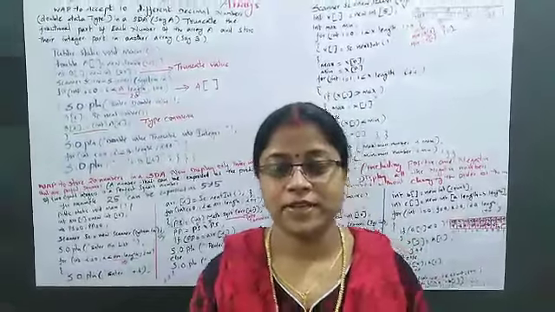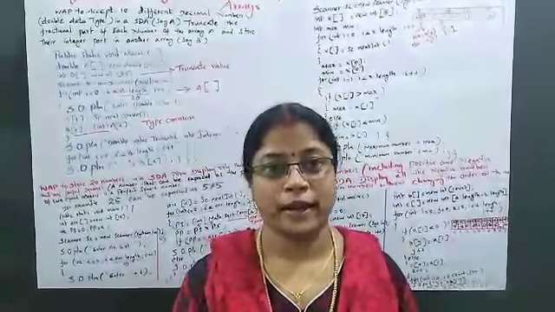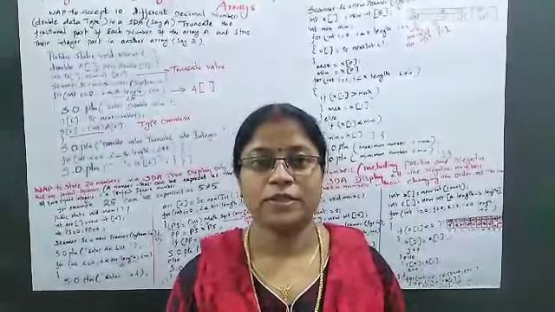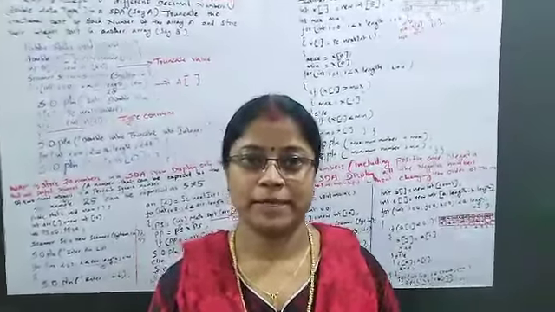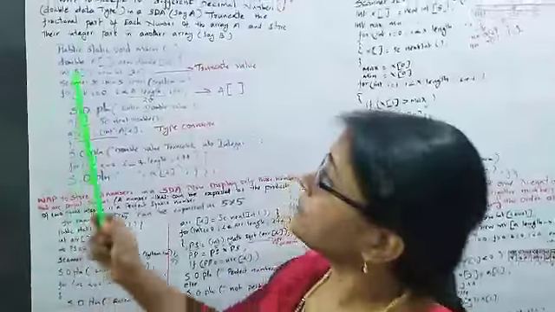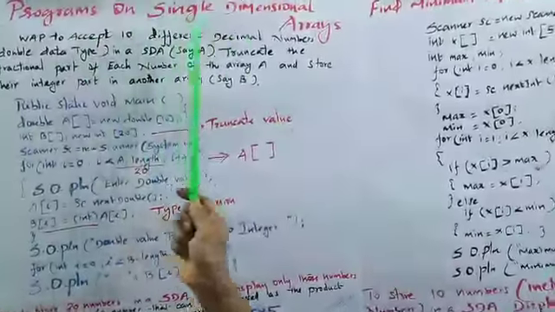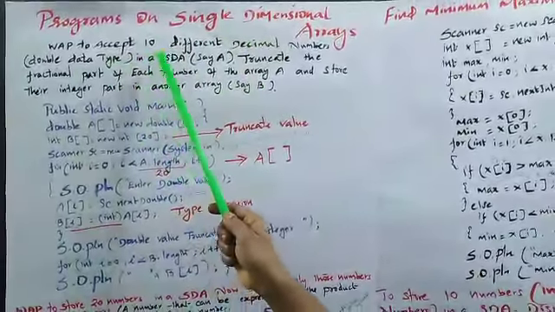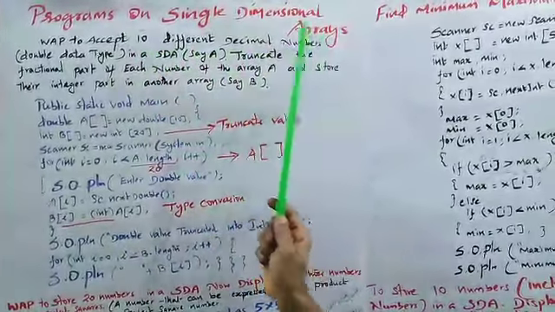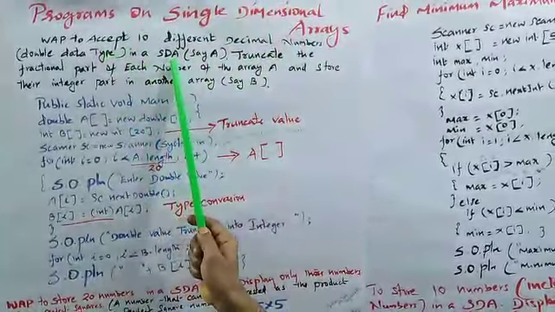Last class we discussed character and string in array. Today we will discuss some problems on single dimensional array. Let's see our first program: write a program to accept 10 different decimal numbers in a single dimension array, say A,